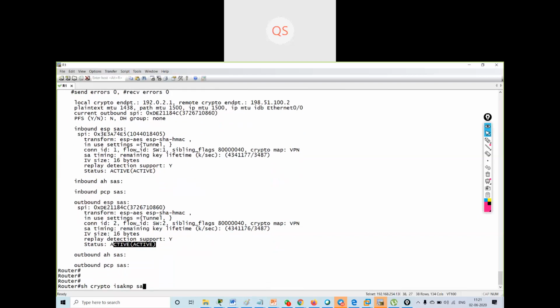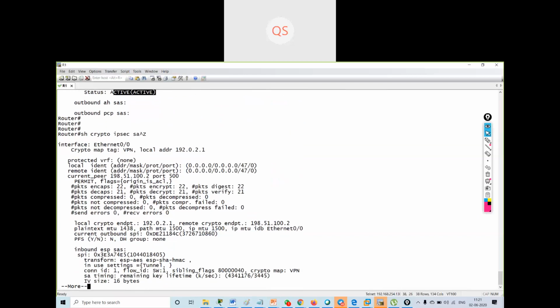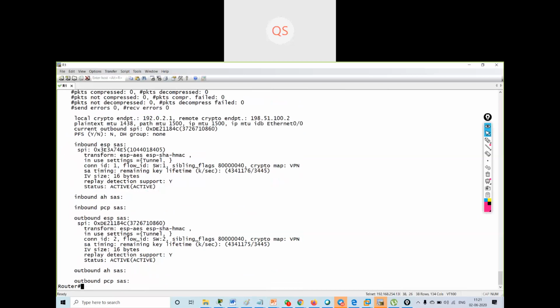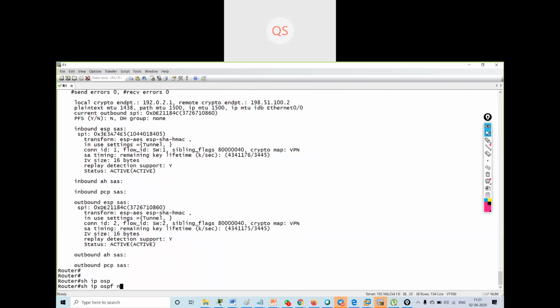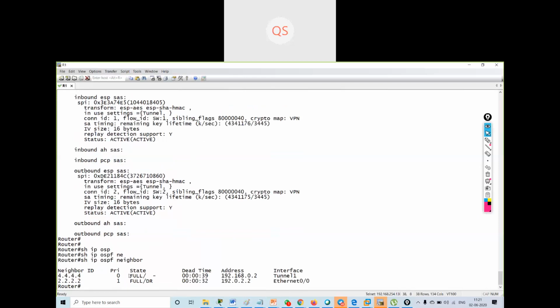So we have formed a neighborship. You can see over here, show IP OSPF neighbors. I will get a full neighborship with my R4 router, and the neighborship is with the tunnel, and I have secured this tunnel with the IPsec security protocol.